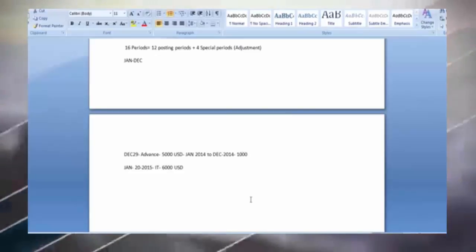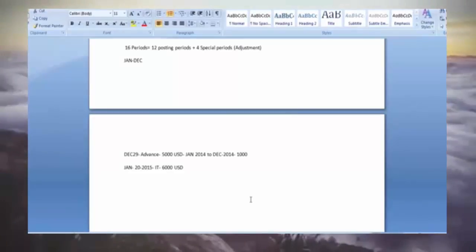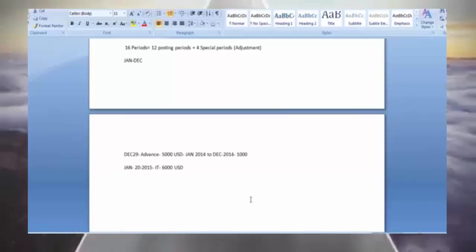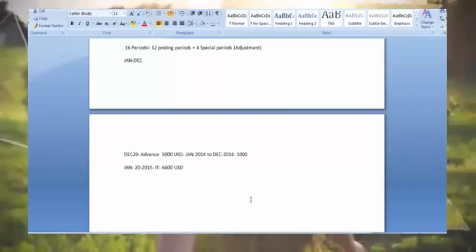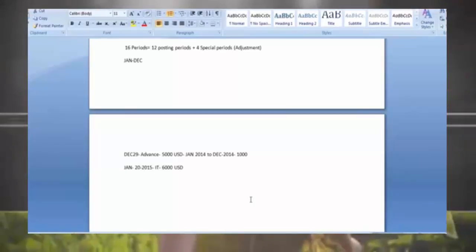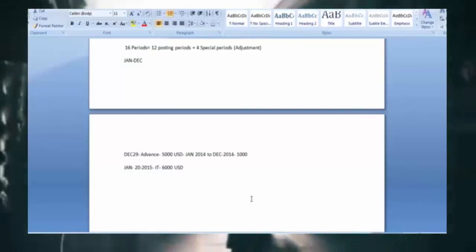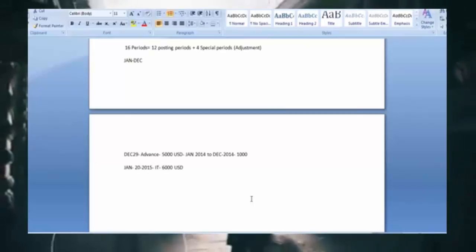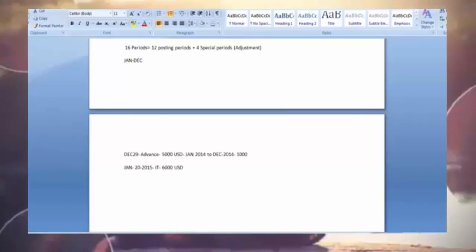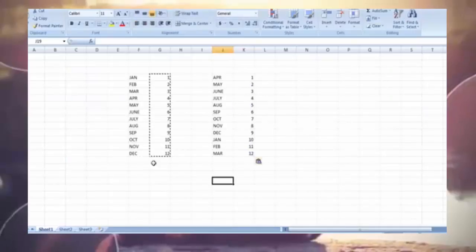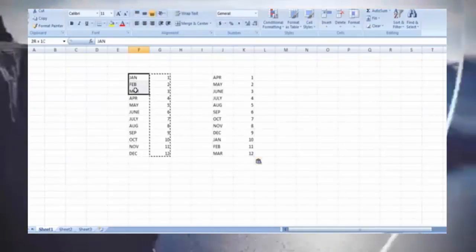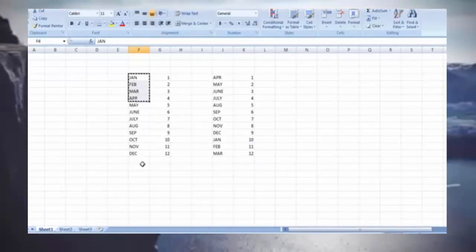And it is one of the year-end activities of the consultant, or sometimes your super user, to extend your fiscal year from one period to another period. That means from one year to another year. Now, in this example,